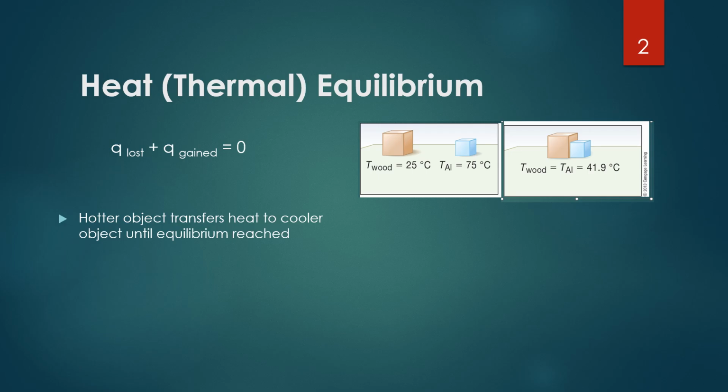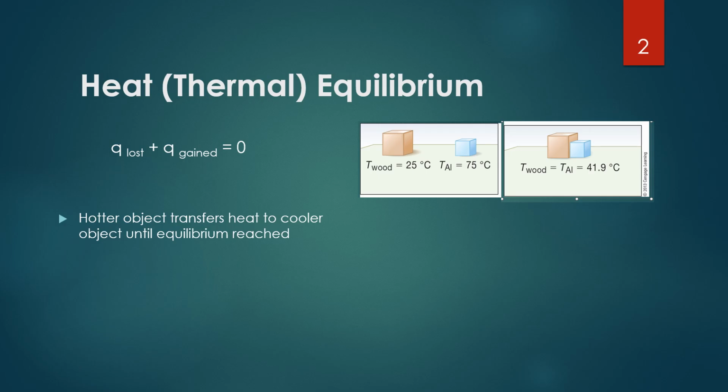So for thermal equilibrium, this is when we have a hot substance and a cold substance, so two substances at different temperatures, and we bring them close together in contact with one another. So whether these are solid blocks like in the diagrams or liquids that we're pouring into each other. So once we put the hot and cold objects or substances together, what's going to happen is heat is going